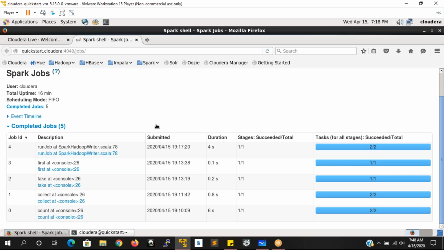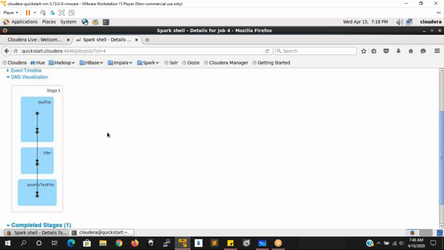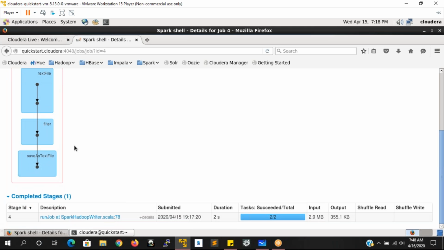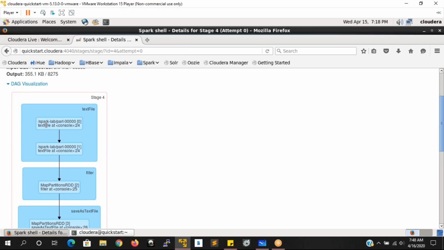Just give me 1 minute. If you click on this, you can see how the data is getting processed in this stage.